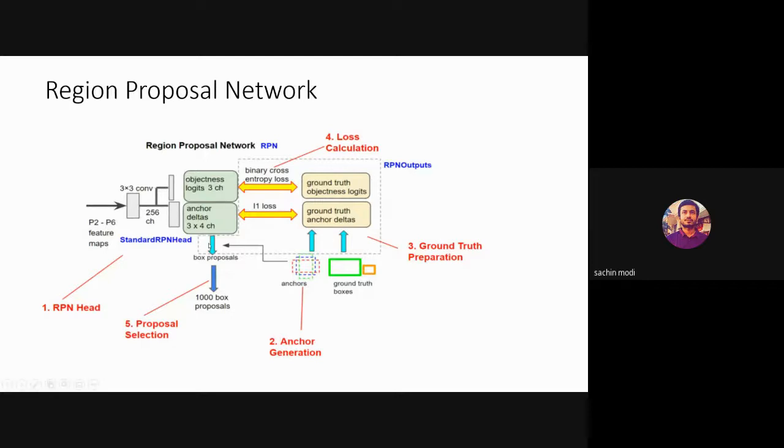For each of these anchor boxes, it calculates an objectness score and it calculates anchor deltas. The anchor delta is the delta in the size of the anchor box.